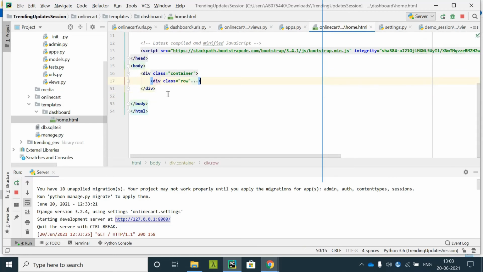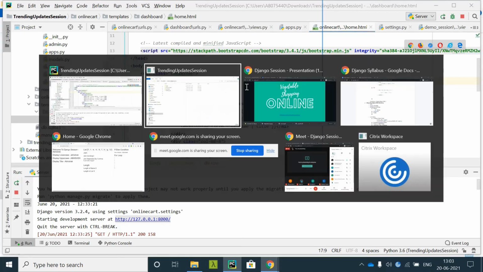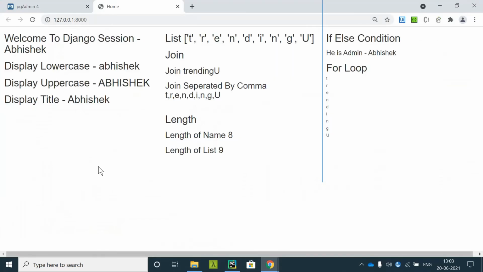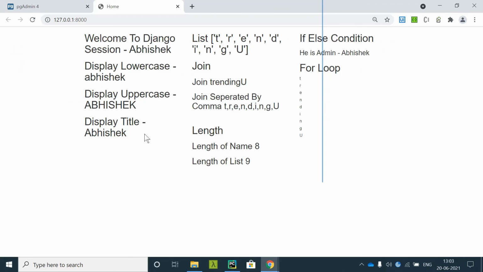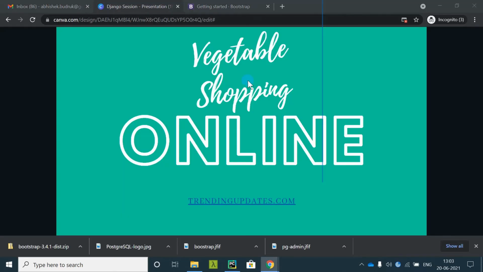This is our main content. You can see how our design will change accordingly. When we use container, it excludes a few spaces on the left and right sides.